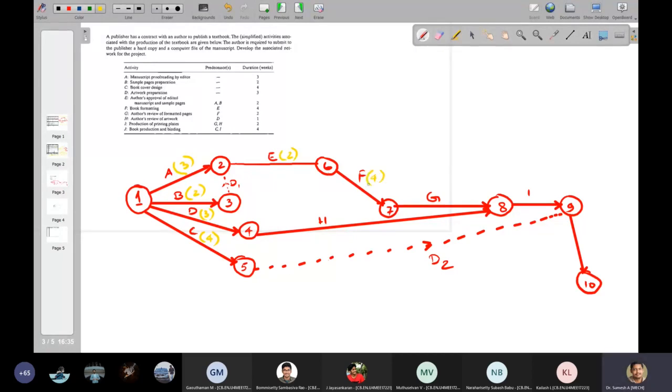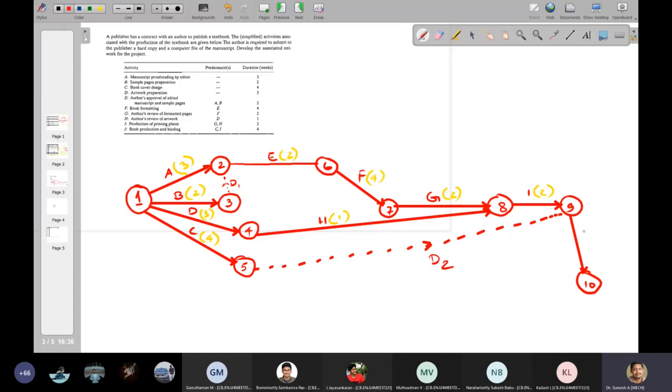G is having a duration of 2. H is having a duration of 1. I is having a duration of 2. And last, 9 to 10 was activity J. I forgot to write it. So activity J, the duration is 4.